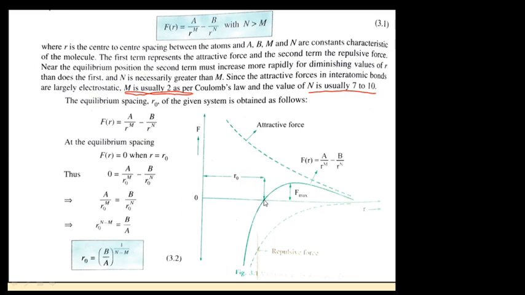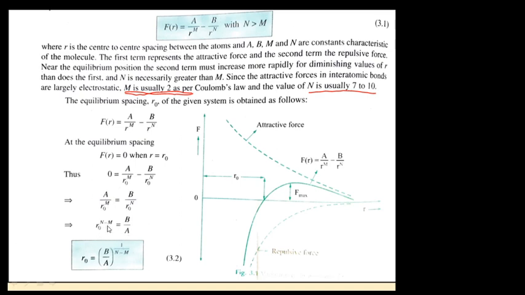negative force भी नहीं है, repulsive force भी नहीं है, तो नज़दीक आने की या तो दूर जाने की संभावना शून्य है, no possibility. And in that case force becomes 0, so equation I can equate with 0. And if it's 0, then I can take one factor to the left hand side, another factor, so I can eliminate the negative sign. From this I can find out B by A ratio, and that is equal to R raised to n